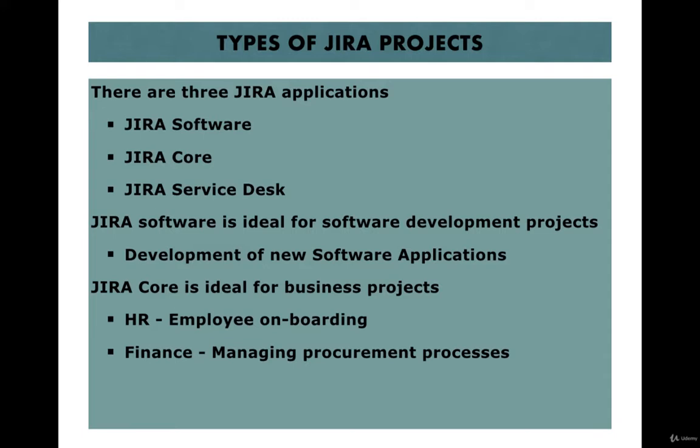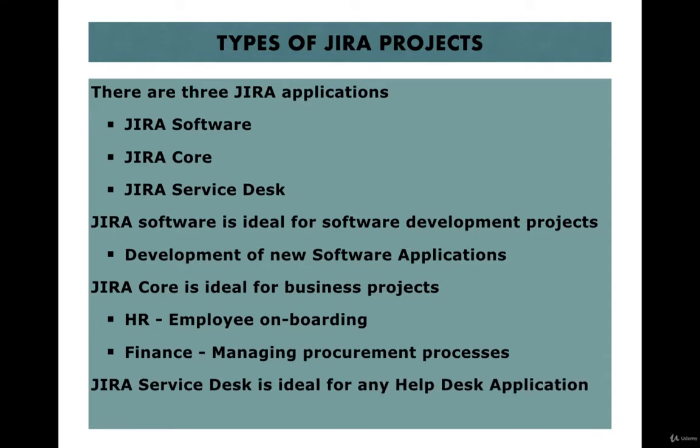And Jira Service Desk, which is another offering from Atlassian, is ideal for any help desk applications. For example, the IT help desk can use Jira Service Desk to manage the SLAs and other issues being raised by the